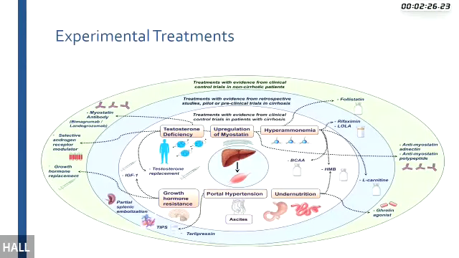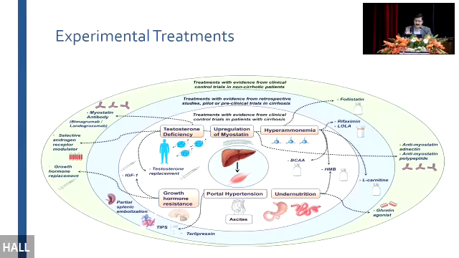So just to summarize, I've talked about BCAA, I've talked about L-carnitine, a little bit about testosterone and hormonal therapy. What are the experimental drugs which would be available in the future? Myostatin plays a very important role in the pathogenesis of sarcopenia frailty, and you can just look here that antibodies which target myostatin would be available in future, and there are some trials which are going on the use of these myostatin antibodies. Other myostatin inhibitors, follistatin is one drug, and anti-myostatin adnectin and polypeptides are being tried in